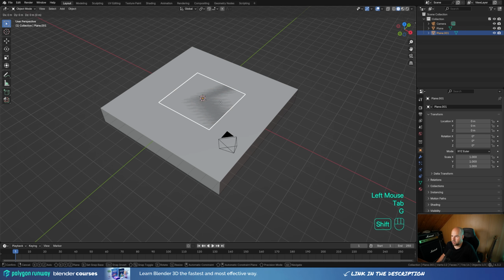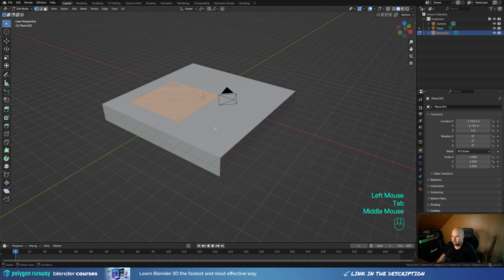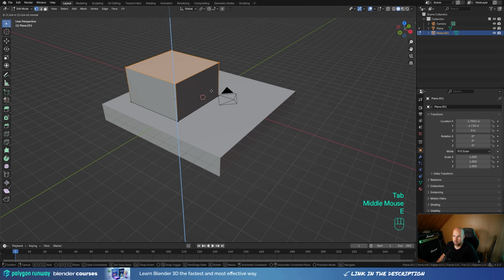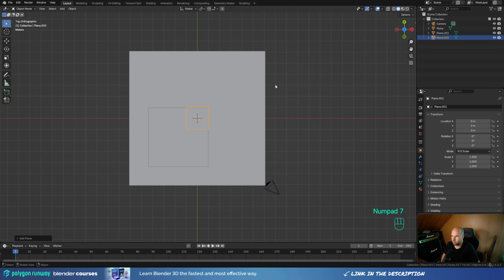Now tab out, press G then Z and move this to the side here. Now tab back in and press E and extrude. Now tab out, let's press Shift A and add another plane. Let's look from the top. Tab into the edit mode and press S to scale it up like this, and tab out and press G and move it to the side, something